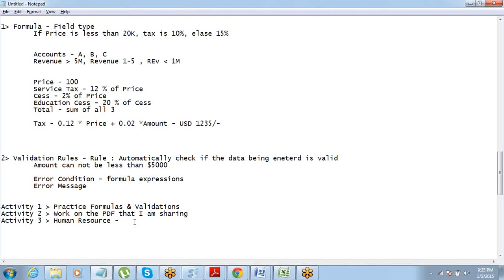I do not know how much you have done on that, but whatever progress, go back, look into that and figure out where we can use the formulas and validation rules there.